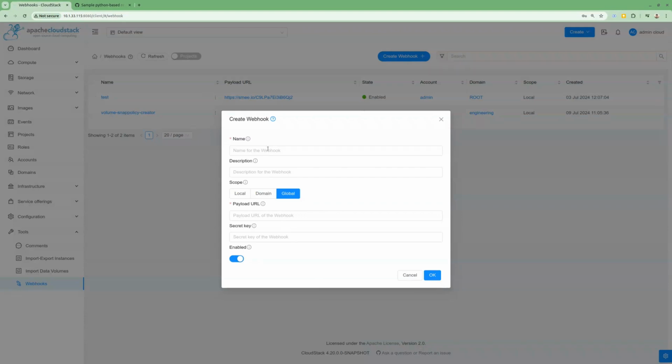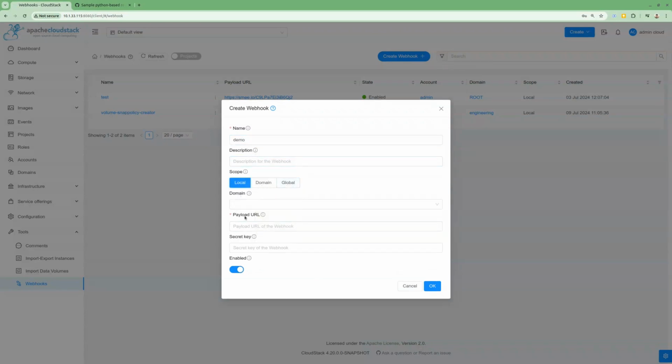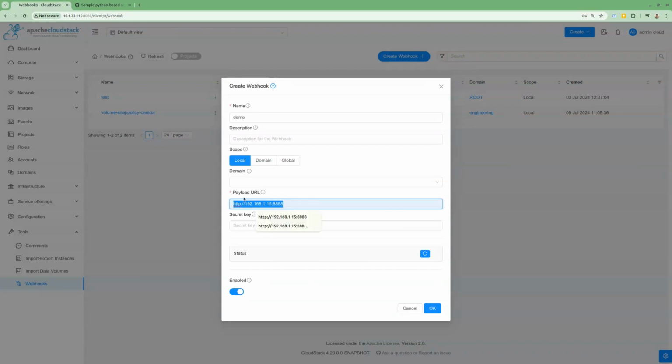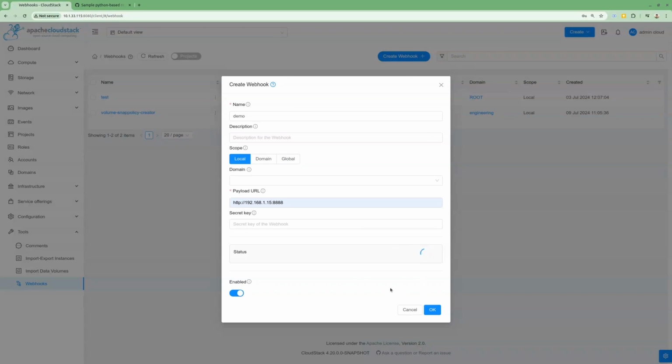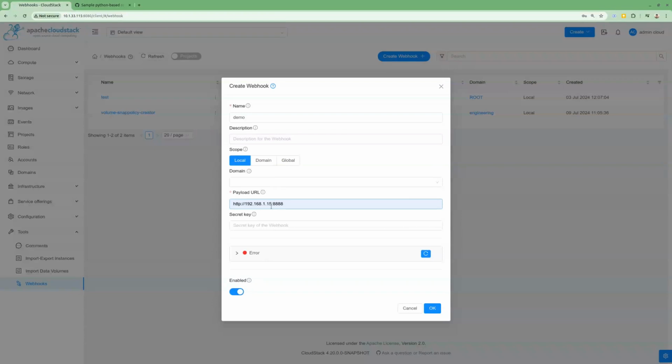So let's try to create one. Maybe give it a name, demo. I will create it for local usage only, and then I would give some random IP right now. So if I see, it gives me a UI to show if my webhooks are delivering fine on this particular URL. So it is trying to send it, but currently I think there is no server running on this IP, so